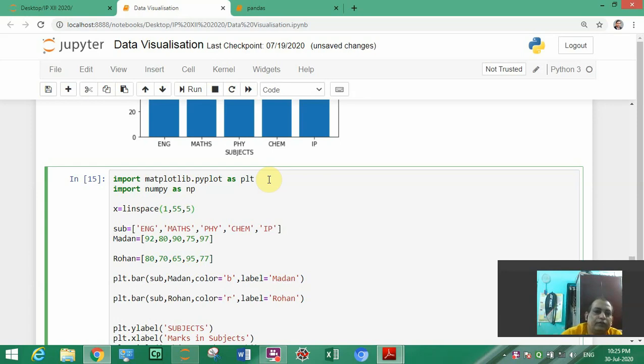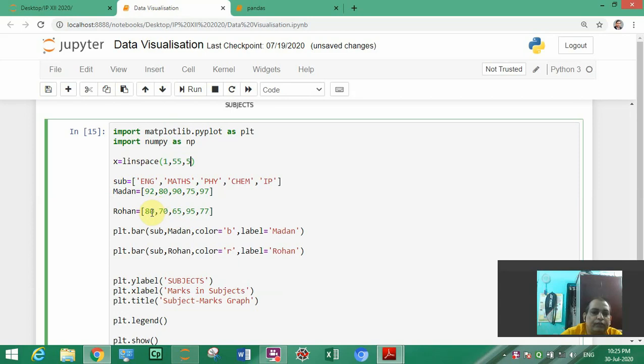So this will give an array from 1 to 55 with an interval of 5 between each element.